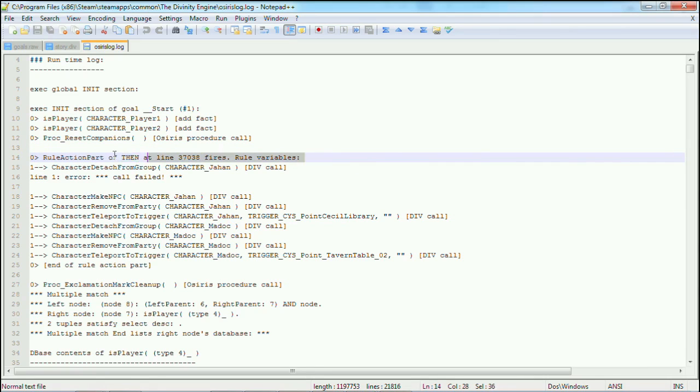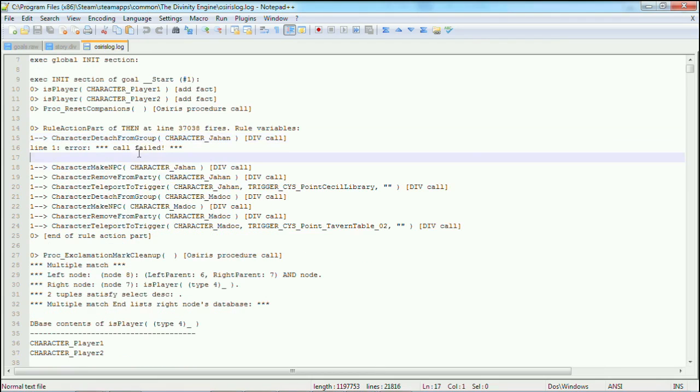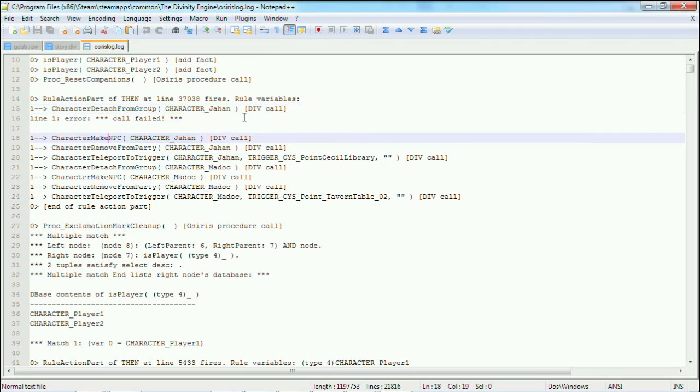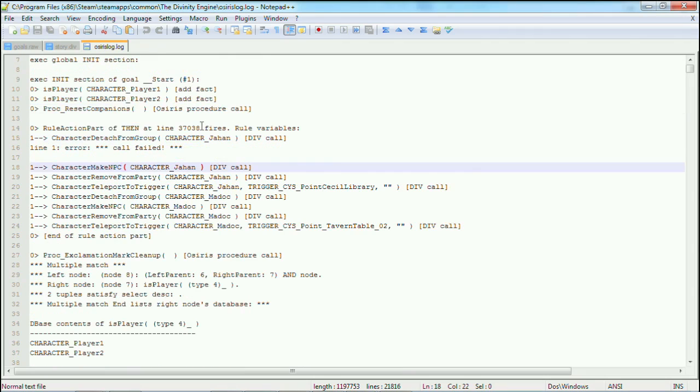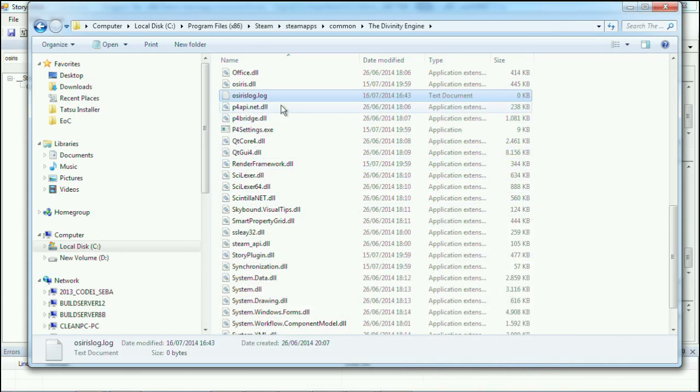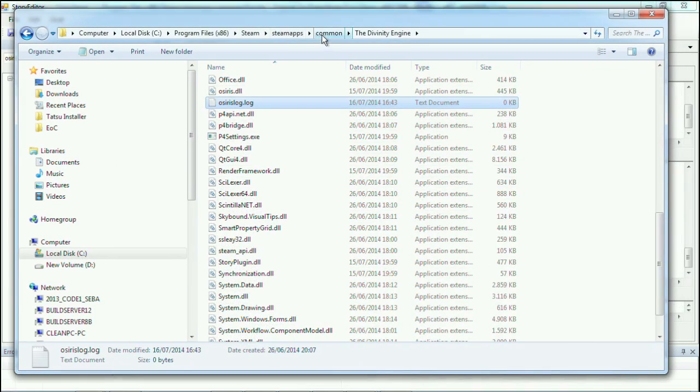When you see these things, the rule action part of "then" at line blah blah fires, which means it's going to execute the "then" of a rule of an if-then statement. You see that the call fails because we don't have Jahan yet, but that's okay. But you see a line number here that's defined, and actually, if we go to our